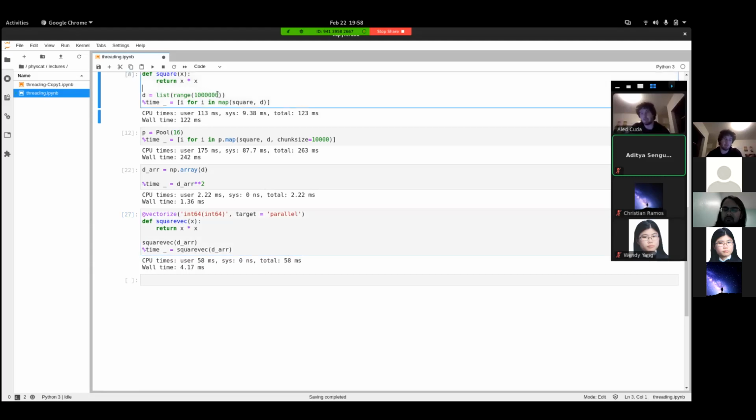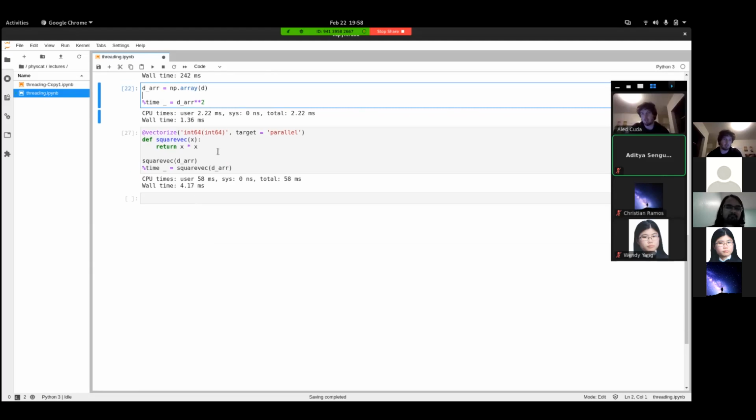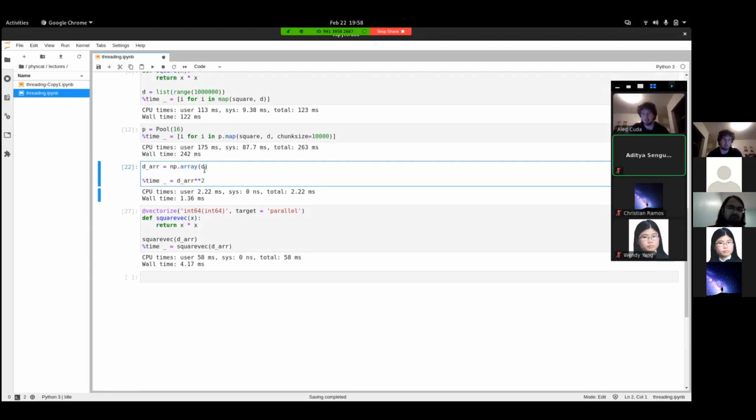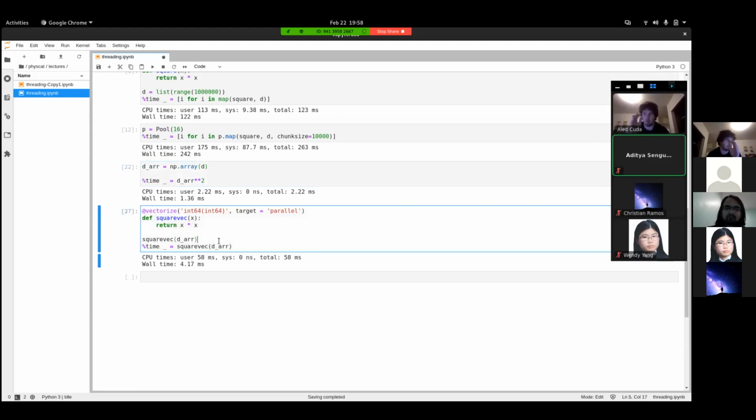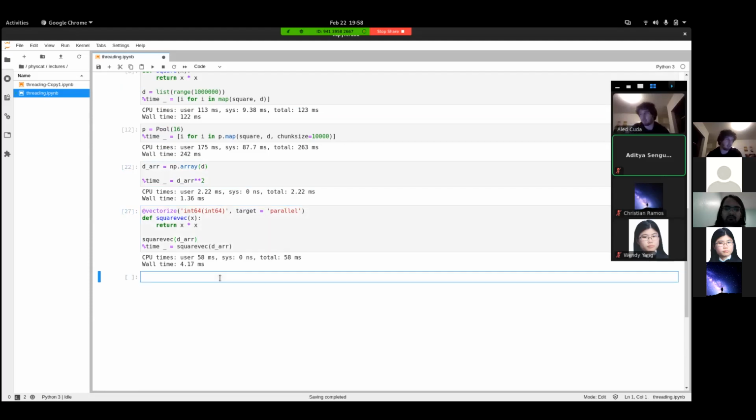You spend a lot of time spinning off threads. If you increase the size of your problem, wait, sorry, I got ahead of myself. One of the things you can do to speed things up is explicitly parallelize this operation. So njit with parallel equal to true, right? njit was to jit something, which is different from vectorize. And if we have the square function,